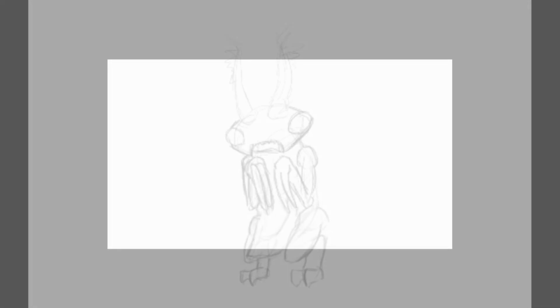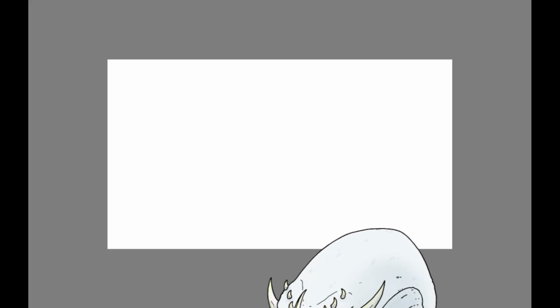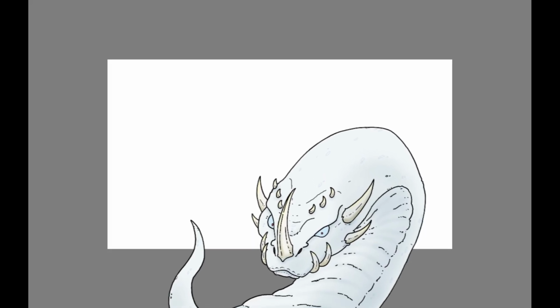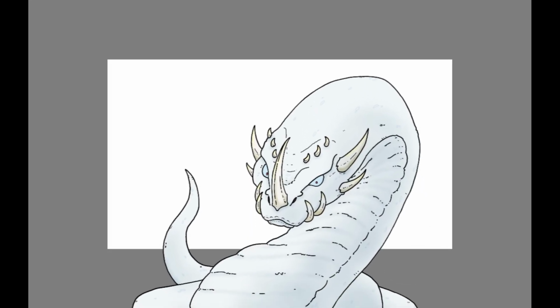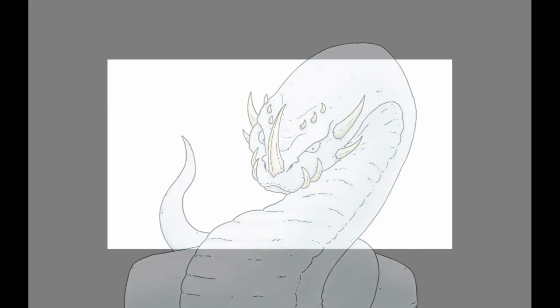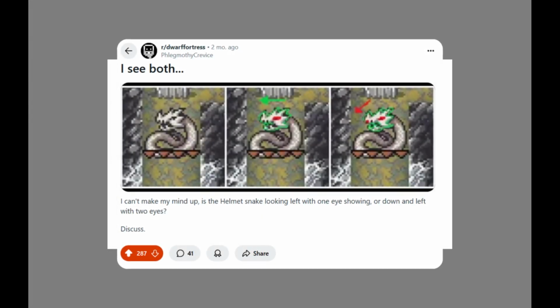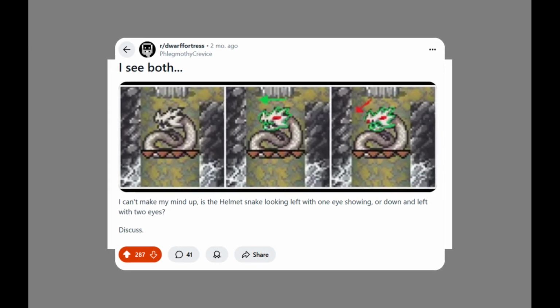Last episode we drew some crundles, or a crundle actually. This time I thought I'd turn my hand to a helmet snake. Now I have actually drawn a helmet snake before. I drew it the way I think most people think it's supposed to look based on the sprite in the game. However, I did put a post up on Reddit a few weeks back, probably a few months back now,